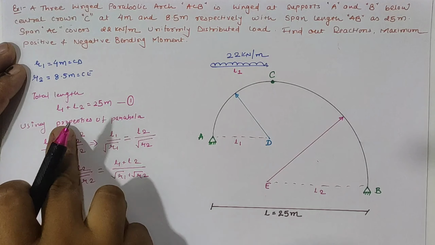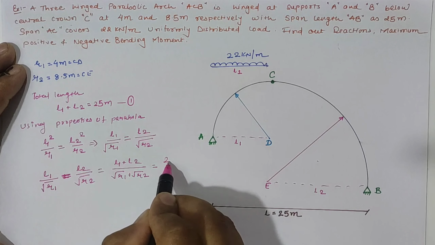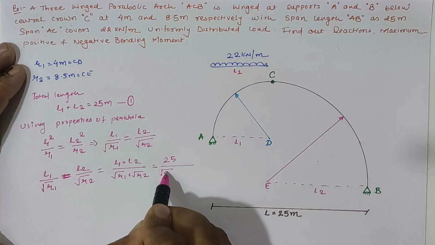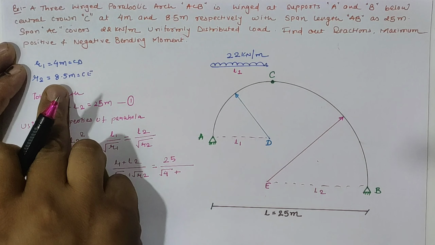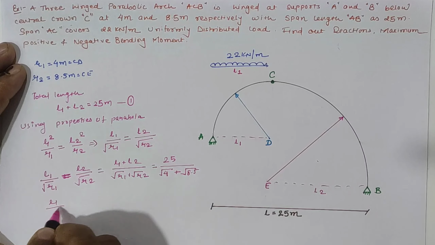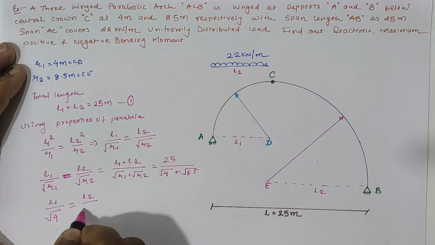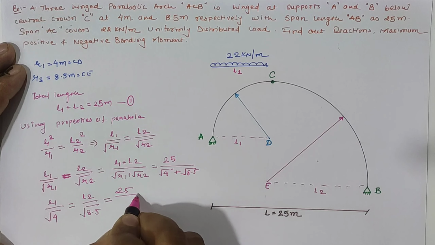As a property of parabola, L1 plus L2 is 25, with R1 as 4 meters and R2 as 8.5 meters. So L1 by square root of 4 is equal to L2 by square root of 8.5, which is equal to 25 divided by